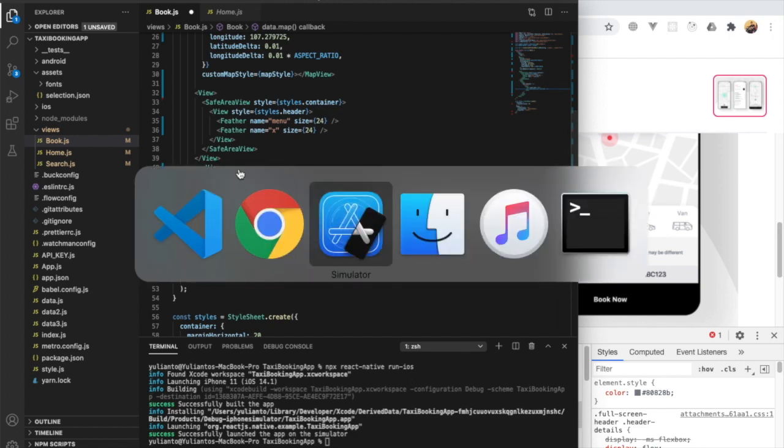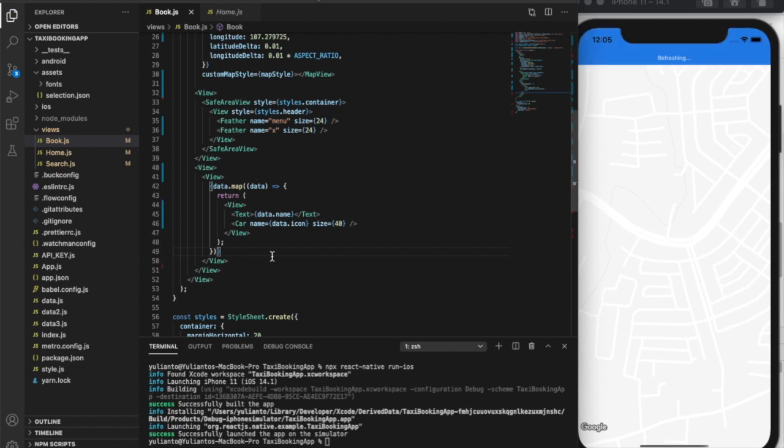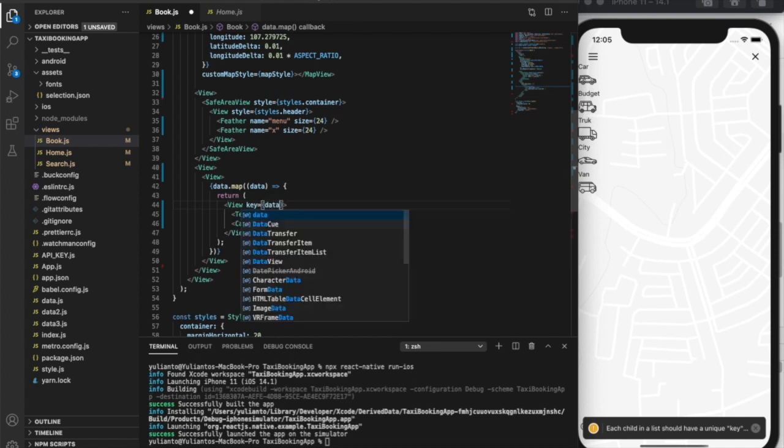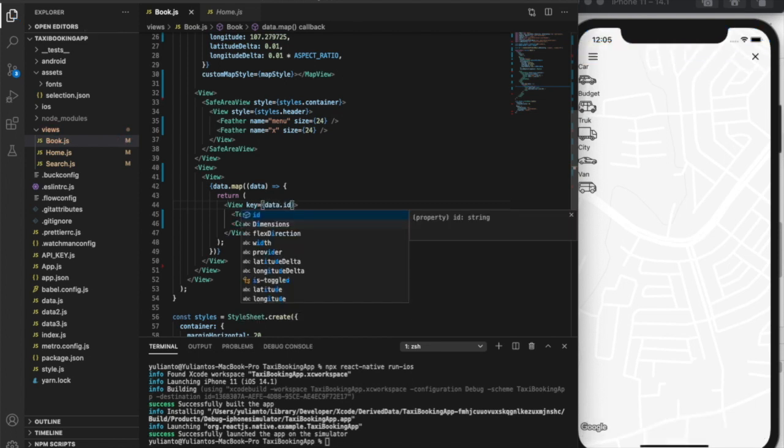Save it. I always forgot the key. Okay, and then